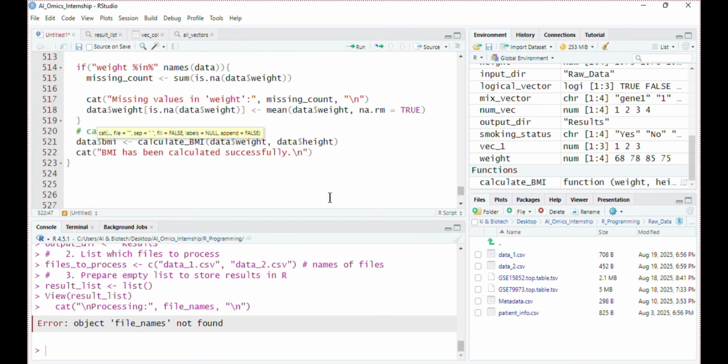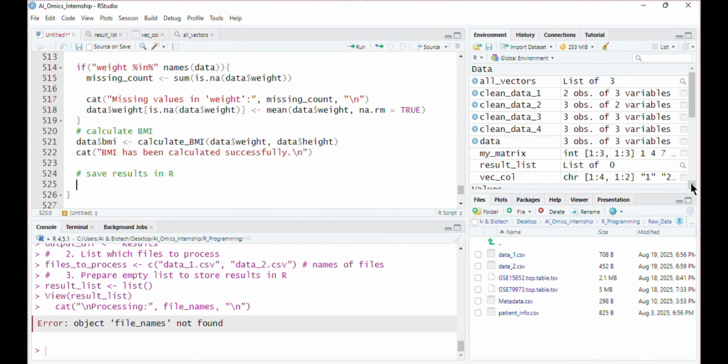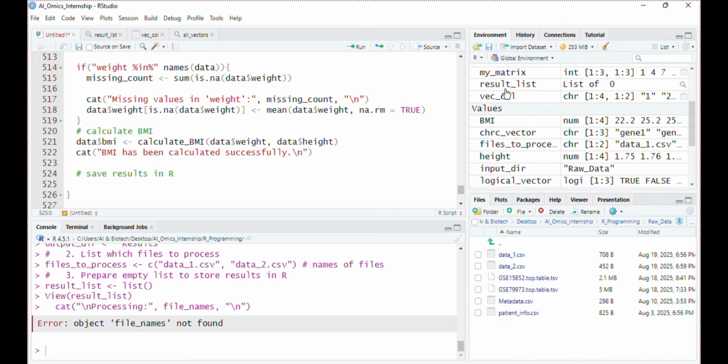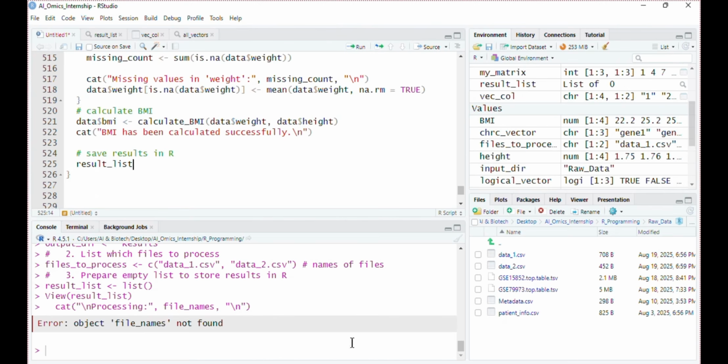Next is to save results in R. To do that, we have created the list, that is result list. Here, result list, double square brackets and the file names.